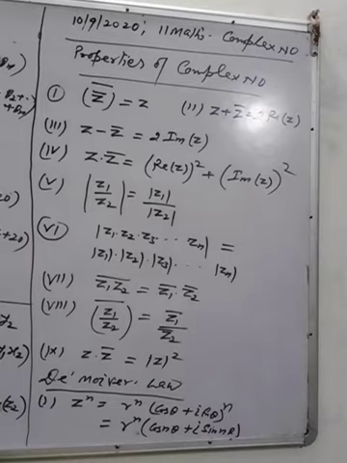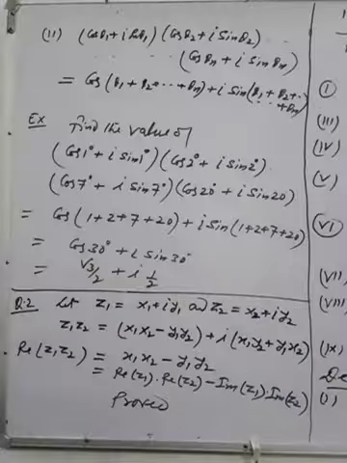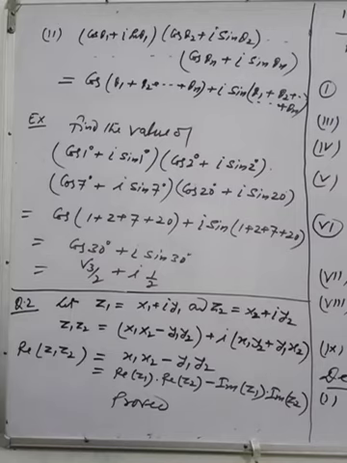Now see the second law of de Moivre's. The product of many complex numbers which are in polar form. Polar form means in theta form. So cos theta 1 plus i sin theta 1, first complex, into cos theta 2 plus i sin theta 2, second complex, and so on. Last complex is cos theta n plus i times sin theta n. This is a product of many complex numbers. If it is written in polar form, then you can write cos of the sum of all angles plus i times sin of the sum of all angles.